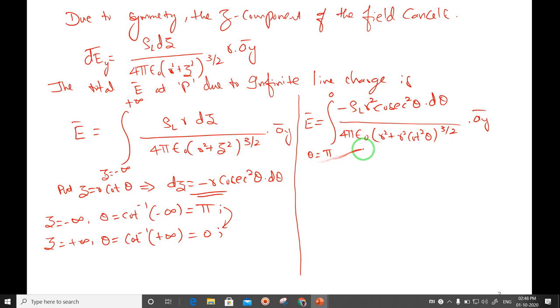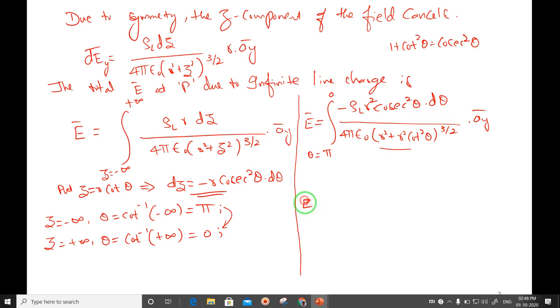Yes. So I will take r square common from this. r square is taken common, but r square whole to the power of 3 by 2 will become r cube. r cube will come in the denominator. r square will get cancelled. I am left out with r here. So r square is taken out, 1 plus cot square theta. So 1 plus cot square theta is what? Cosecant square theta. 1 plus cot square theta is equal to cosecant square theta. But cosecant square theta whole to the power of 3 by 2 means cosecant cube theta I will get.